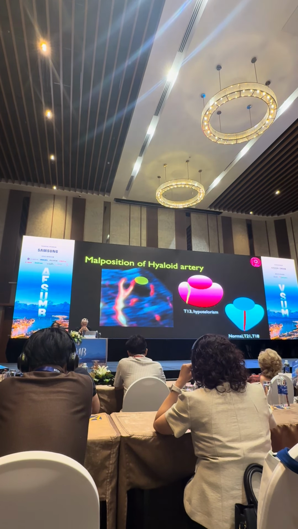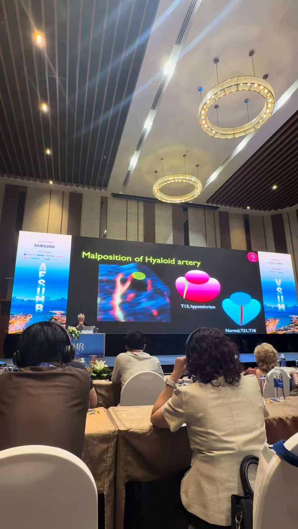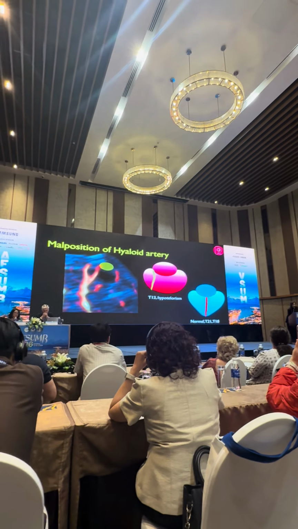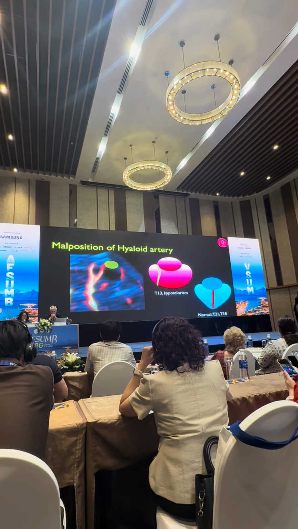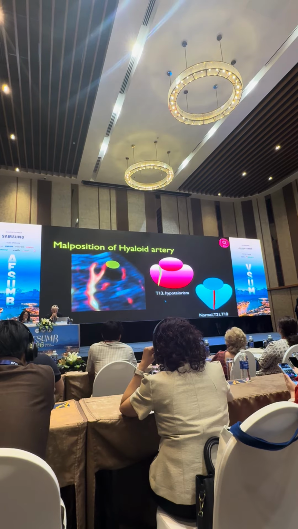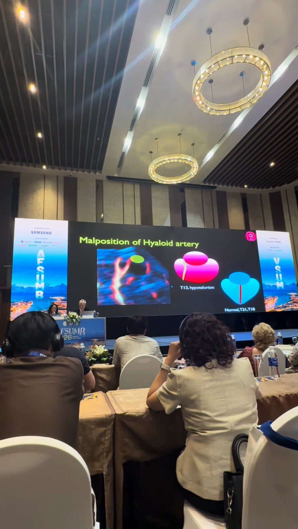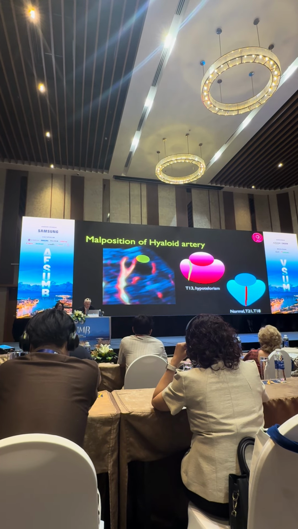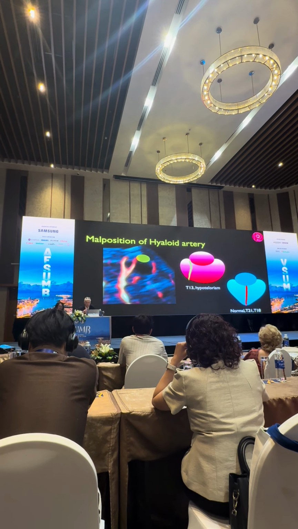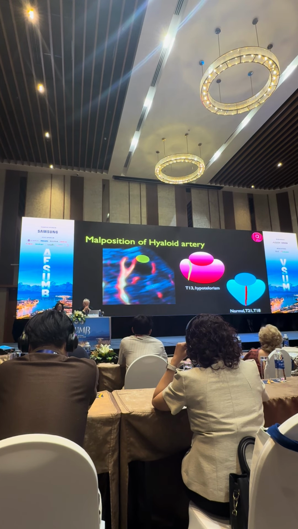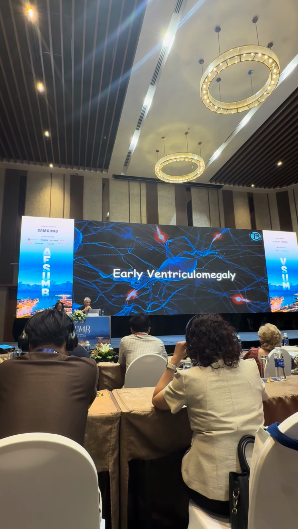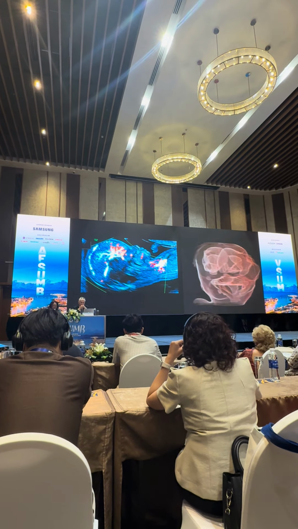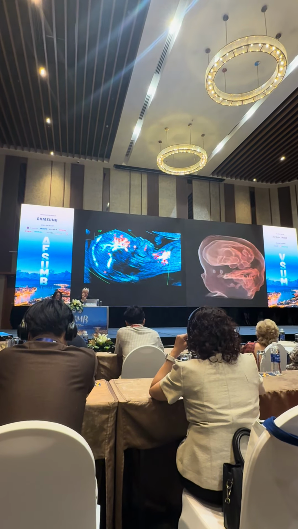Now, I told you that in the normal cases, and also when I looked at Down syndrome and trisomy 18, they all have the central hyaloid artery. However, here the trisomy 13 with holoprosencephaly and hypotelorism has a very abnormal position, the malposition of the hyaloid artery in those cases. It's very interesting. And then, now the early ventriculomegaly. Here you can see this is early ventriculomegaly at 12